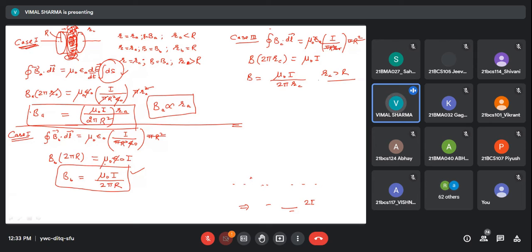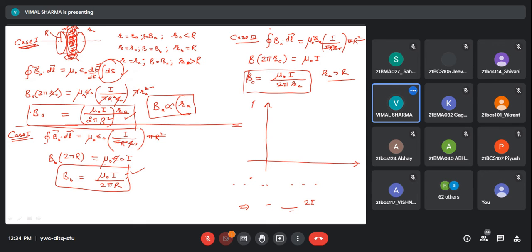So for all the distances which are greater than R, expression for magnetic field is this, and for all the distances which are less than R, we have this expression, and for distance which is exactly equal to R, we have this expression. So if I see all these three and I try to plot a graph of magnetic field,